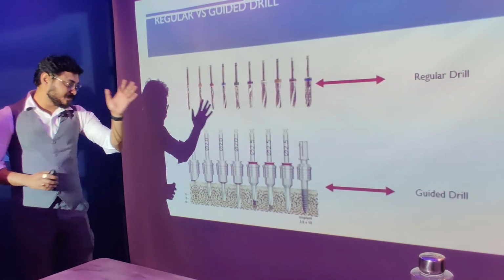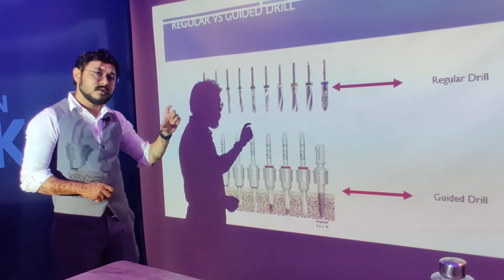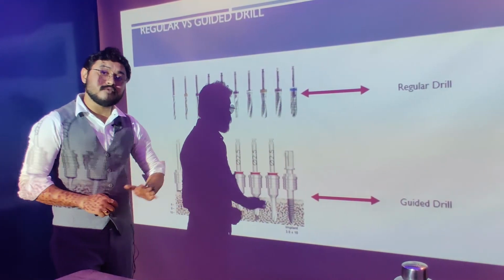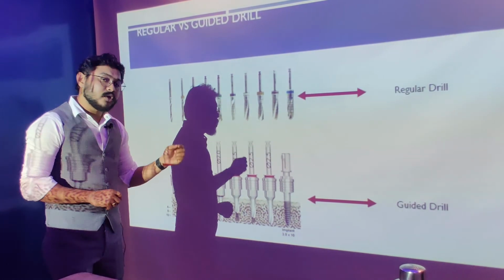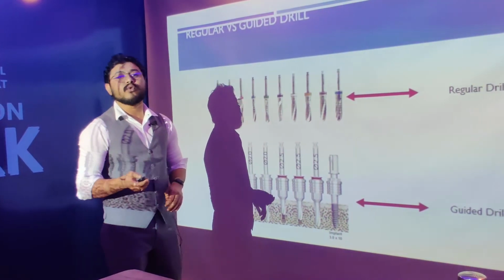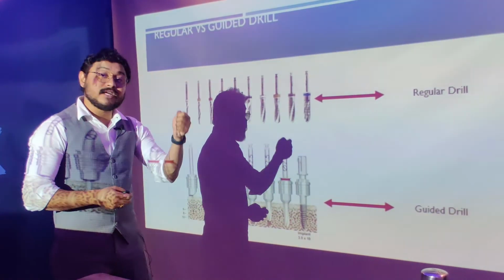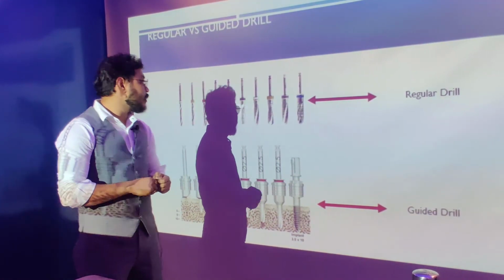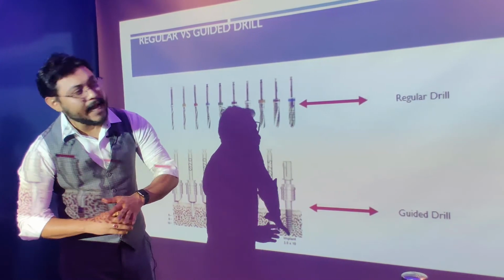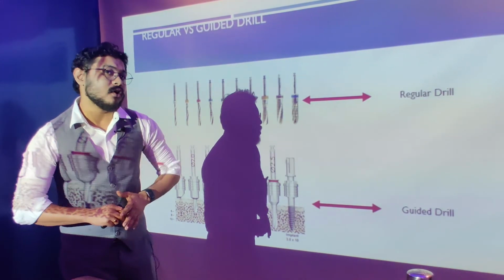In the fully guided kit, you will see there are different collars, where the static size of the collar up to the final osteotomy will remain the same, right? So you can stay with a single metal cylinder. Or if you are using the conventional drill, you will need one spoon, which we call a drilling spoon, or some call it a drill key, right? So to perform up to the final osteotomy with the surgical guide and the regular conventional drill, you need to have a drill key or spoon.